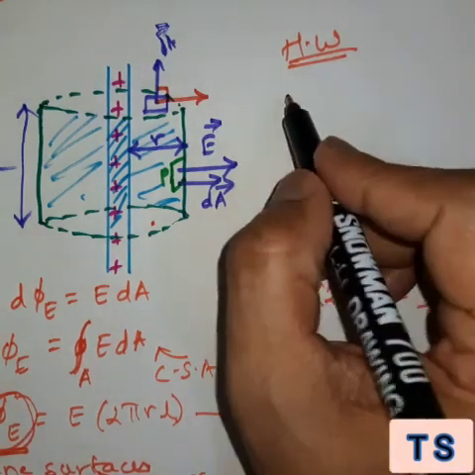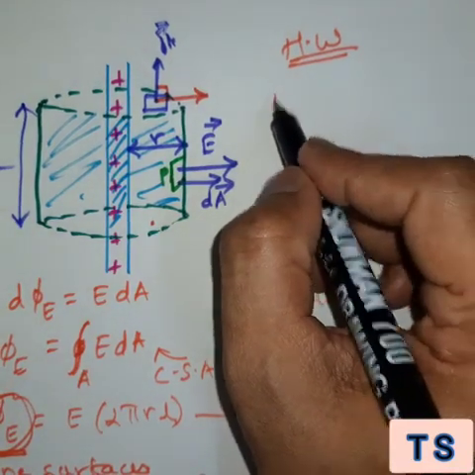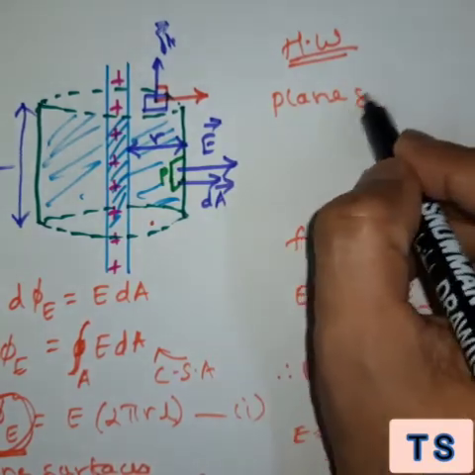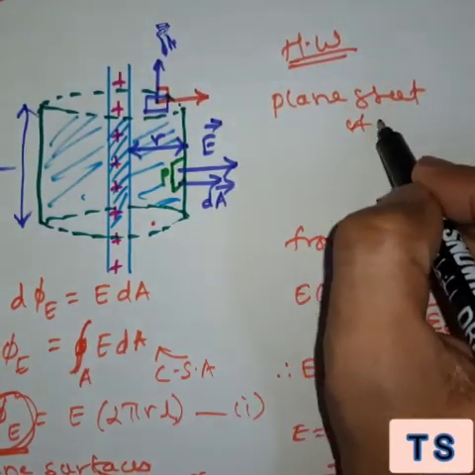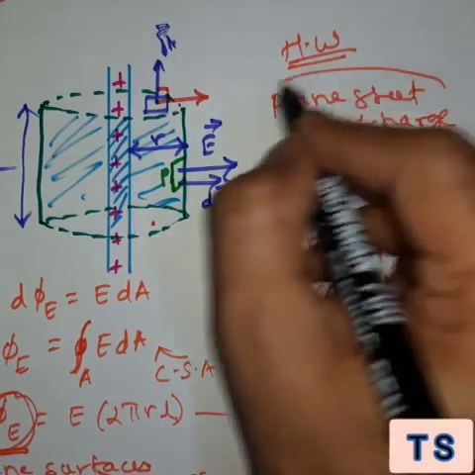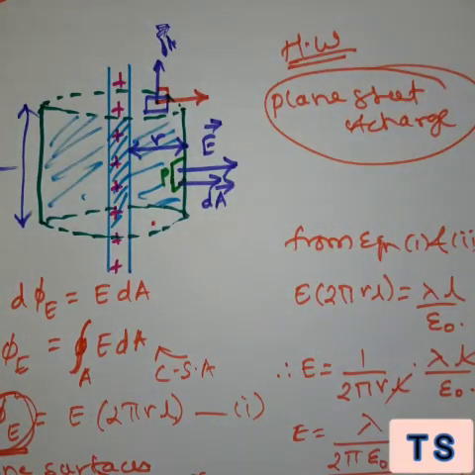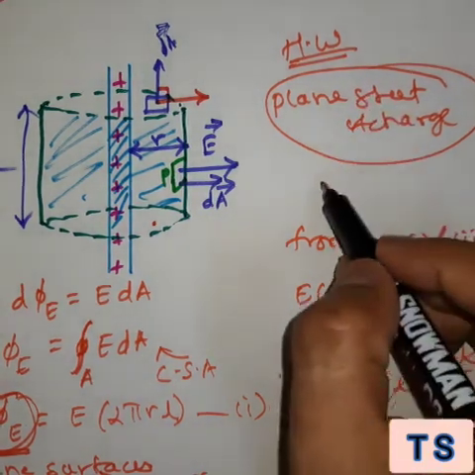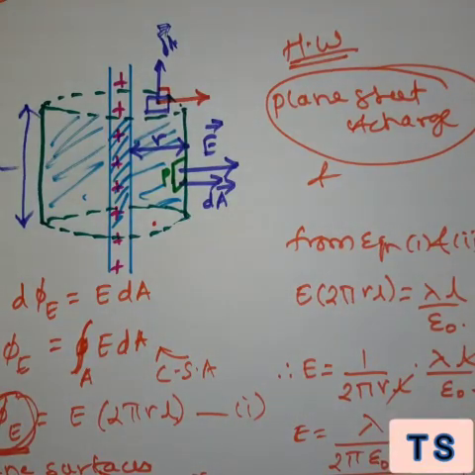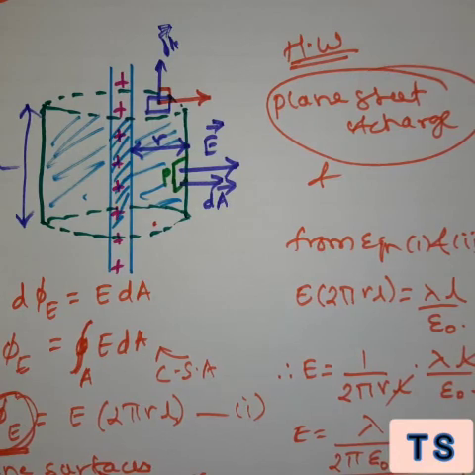So this is your homework. You will derive the equation at home for an infinite plane sheet of charge. It's very simple, you should know this. And after this you can try one more at home if you get the time, that is 2 infinite parallel sheets of charges. Not difficult, just the understanding. You should do it on your own.